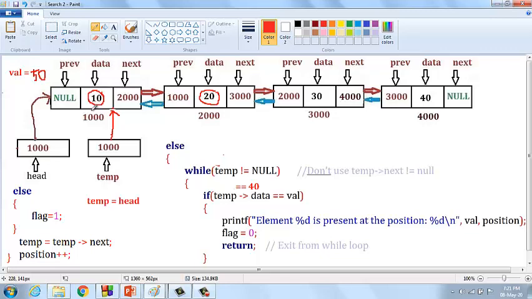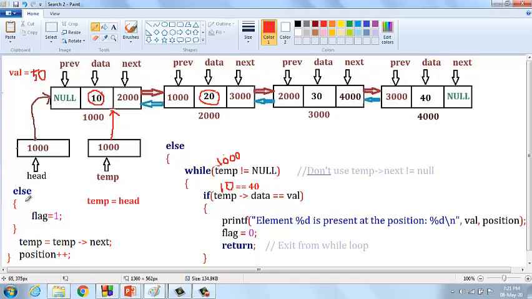How can I search it? From the starting position, while temp not equal to null. What is temp? Temp is 1000. 1000 not equal to null. Condition true. And then what is the value of temp of data? Temp of data is 10. 10 equal to 40? Condition fails.